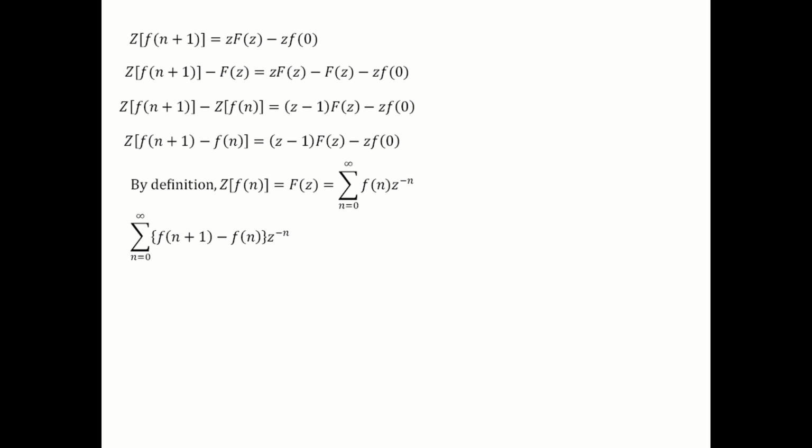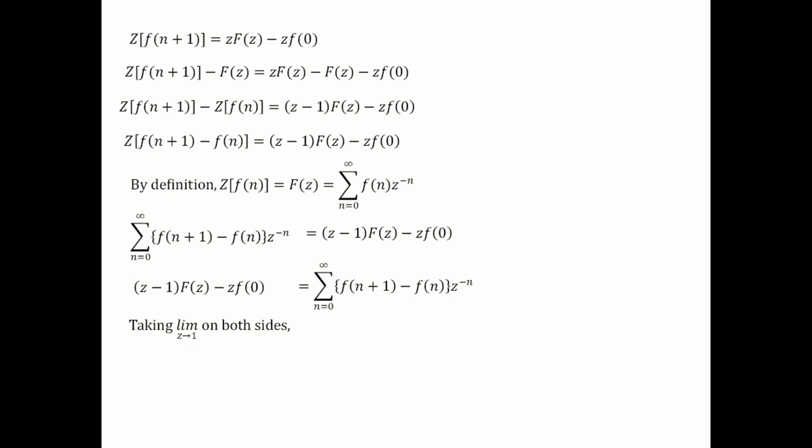So we are using the Z transformation formula, which is Z minus 1 F of Z minus Z F of 0 equal to the summation n equals 0 to infinity of f of n plus 1 minus f of n, Z power minus n. Taking the limit as Z tends to 1 on both sides, you will get the limit as Z tends to 1 of Z minus